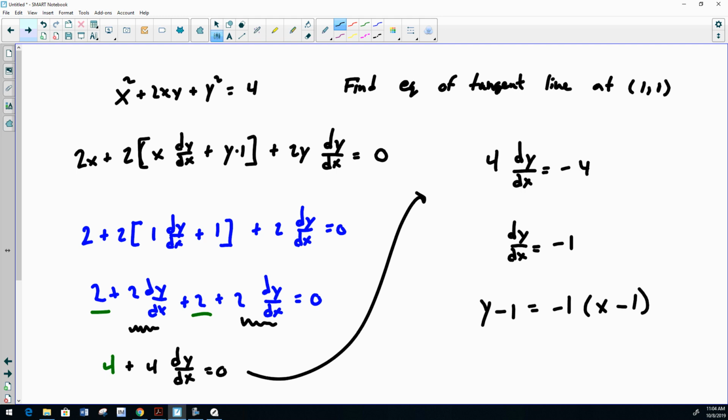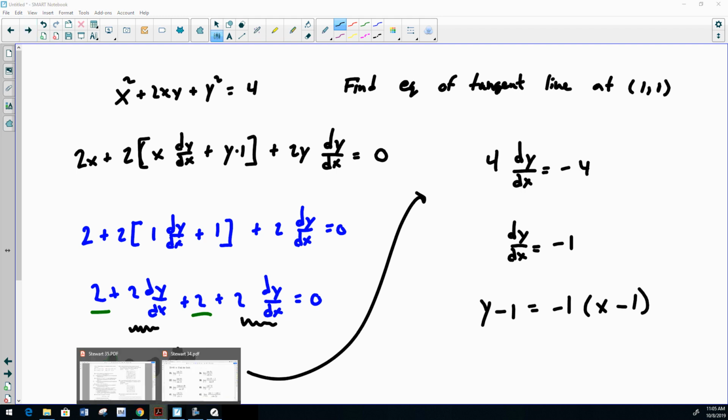Let's do 1 through 23 odd. 35 through 44 all. The 35 through 44 is going to be L'Hopital's rule, as long as it's 0 over 0 or infinity over infinity, okay? So odd,